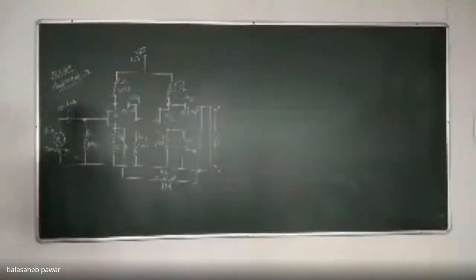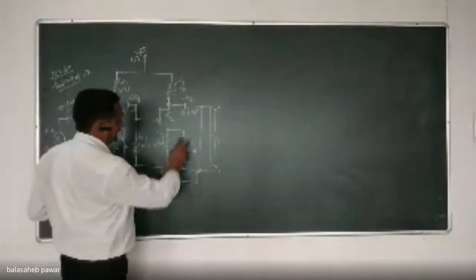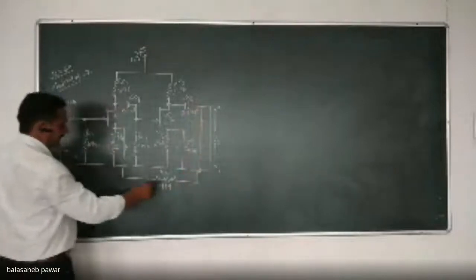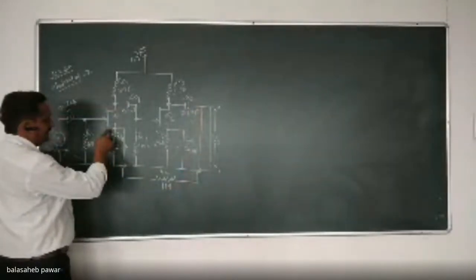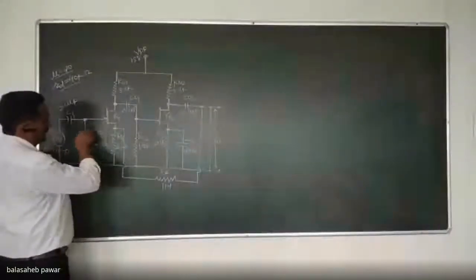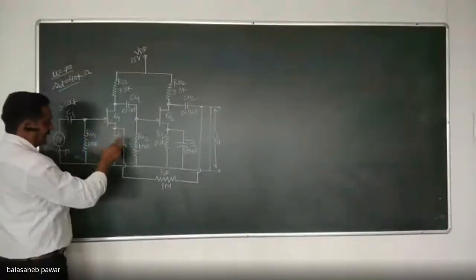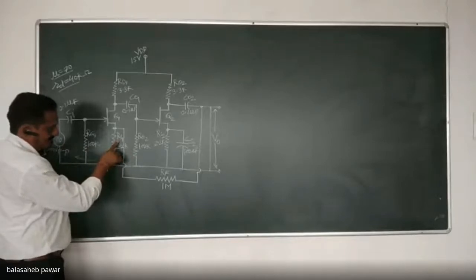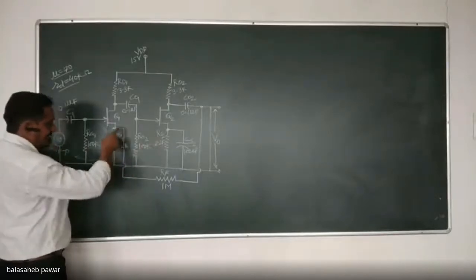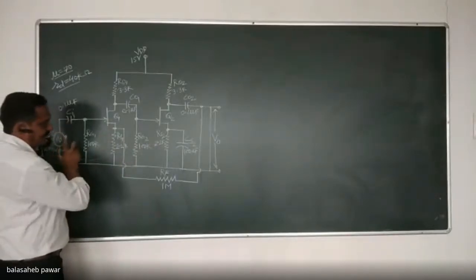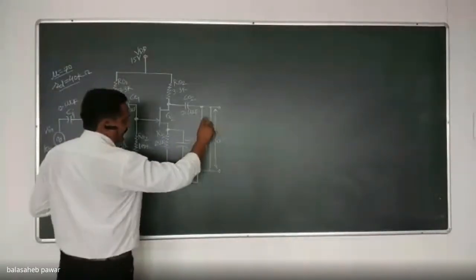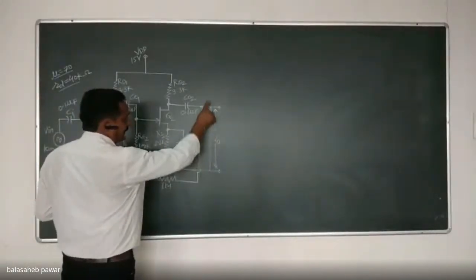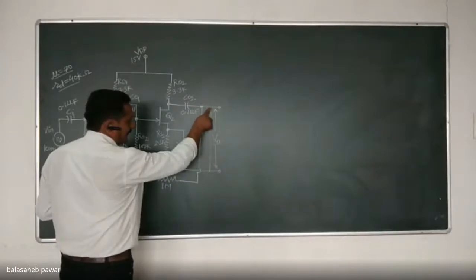So see here, that feedback resistor RF is already connected to the output, and its output is connected at the input of the first stage, and it will be in series with this input signal source through this RS1. That's why we are calling it a series type of mixing. Okay, but what about sampling? To find out the type of sampling, make VO equal to 0 by providing the short circuit.